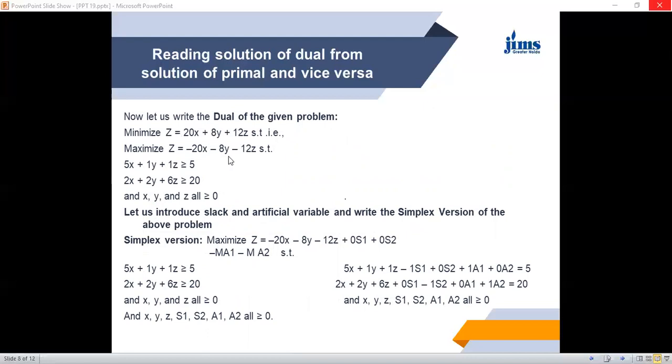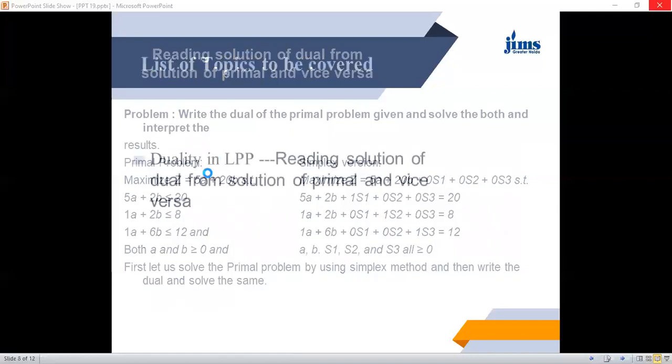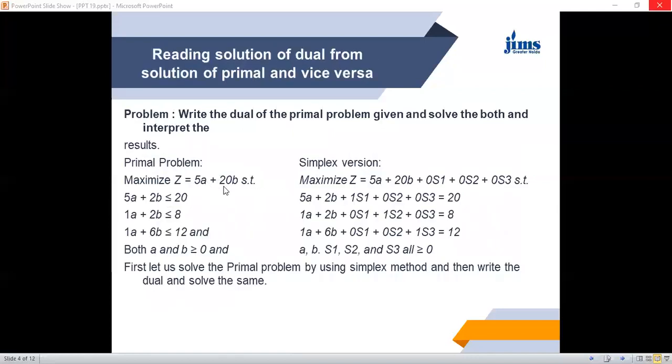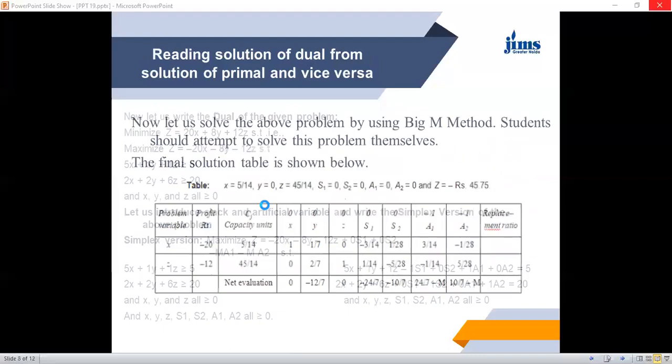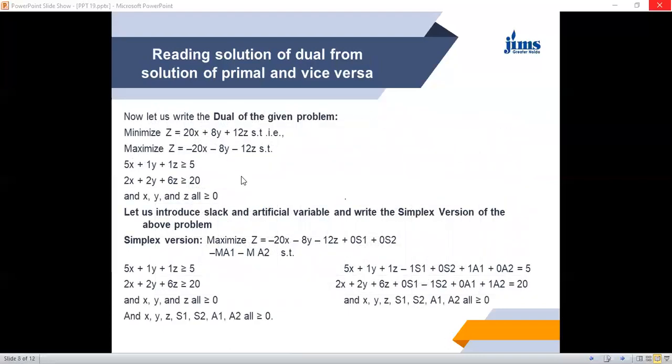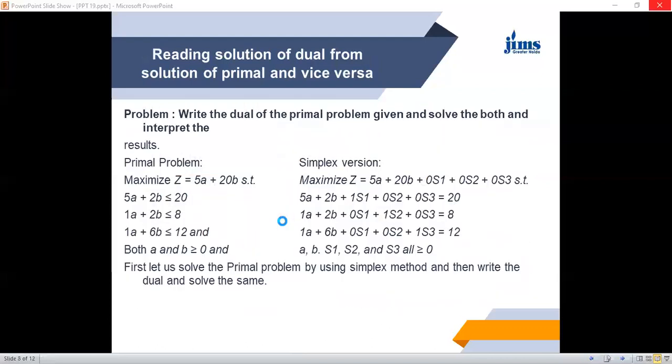So this is the problem: maximize Z. Let us consider that the variables are A, B, so maximize Z is equal to 5A plus 20B. Whatever variables you consider, we consider here X, Y, Z as the associated variables in the dual problem. Then you see what will happen here. It will be minimized. Say W is equal to 20X plus 8Y plus 12Z, subject to the condition that